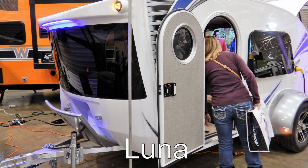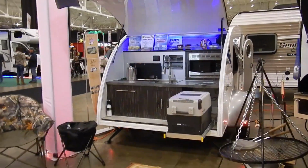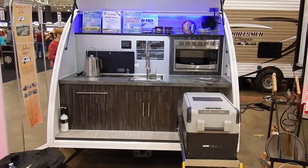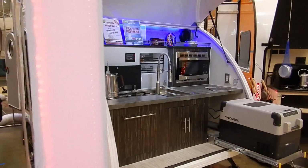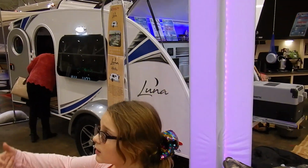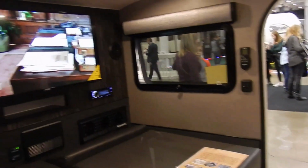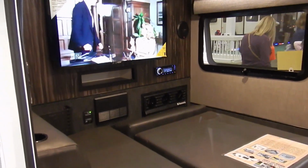If the Flagstaff E-Pro is still too big for you, maybe one of these next models would be better. The first is the Luna. This model features a rear kitchen that opens up with a cooler, microwave, stove, and sink. And then when you come around to the interior, it has a small table with 2 side tables, a TV in the front, heat and air conditioning, and some mats